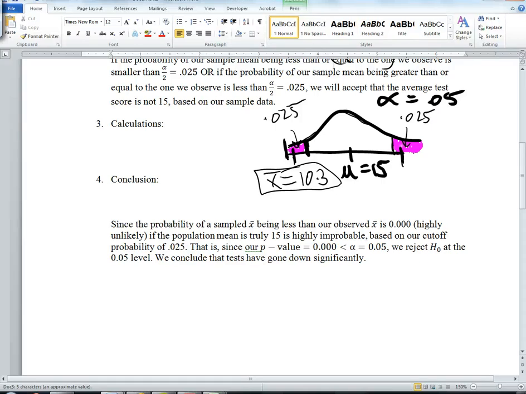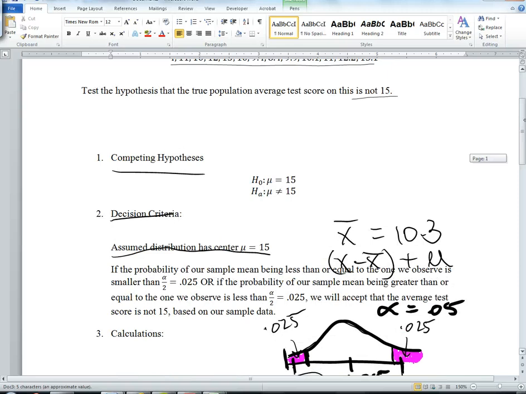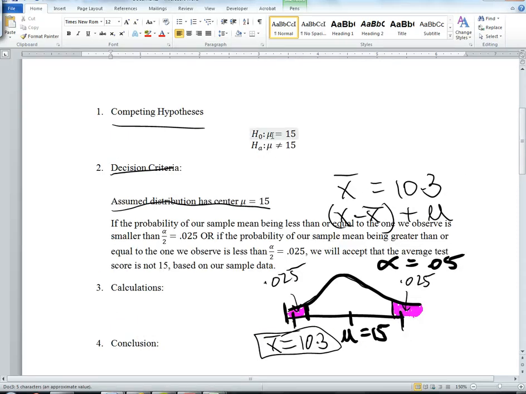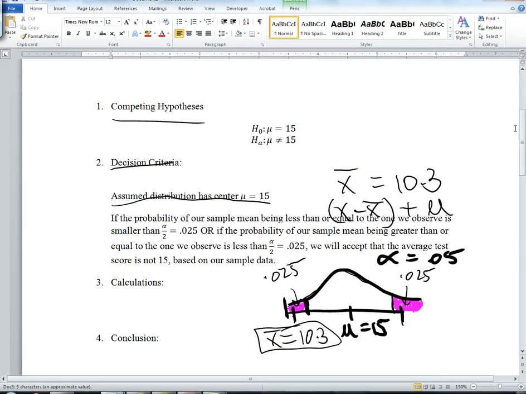So all that really needs to take place with conducting a two-tailed hypothesis test, again, is if you don't know the direction of where x bar may lie relative to your null hypothesized mu value ahead of time. Now, you never want to set these hypotheses after you've observed what's in your data, because that's really cheating. I mean, that can really screw up the laws of randomness and make us make conclusions that aren't really true